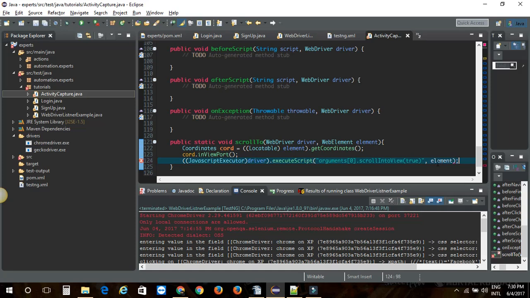Basically what this method does is scroll the web element into view, but you cannot use this if you have a fixed header on your website that you're trying to automate, because that web element might block you from clicking if you use this method. So